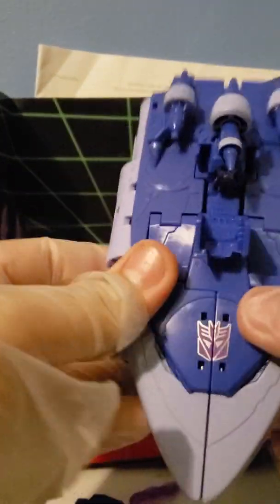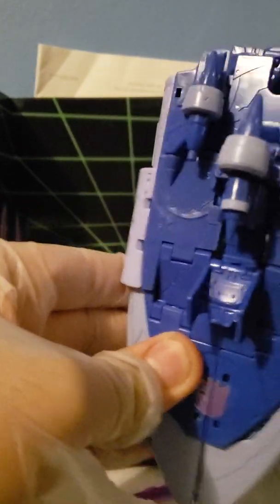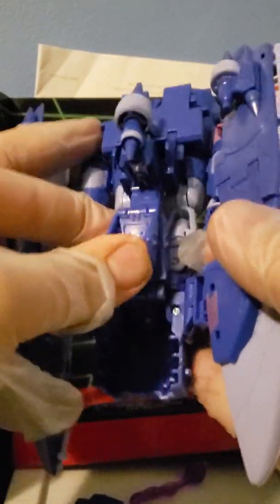Anyways, back to turning this figure back into a robot, I guess. What you gotta do is just open up this panel, tab everything here. I guess that mode was supposed to be the animation error. So yeah, unplug everything out, come here, tab that in, kind of push that down,